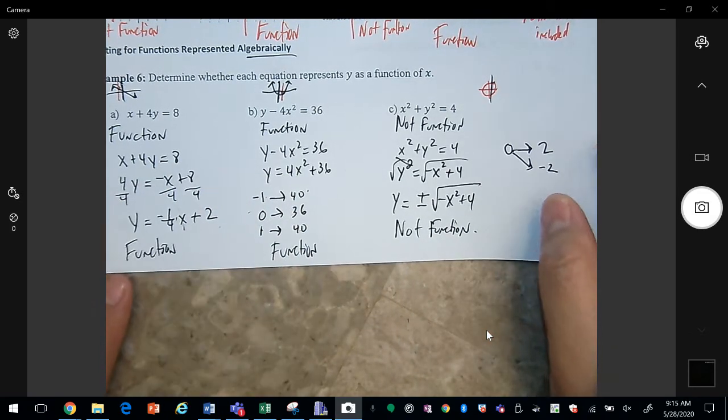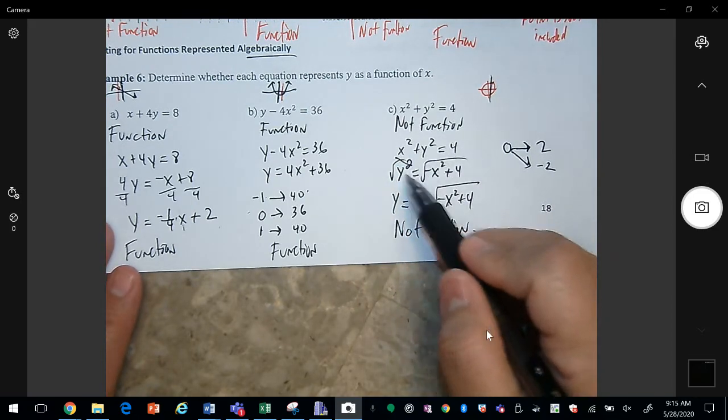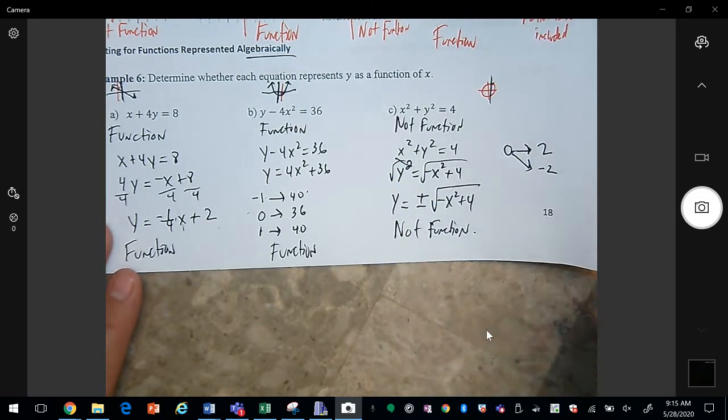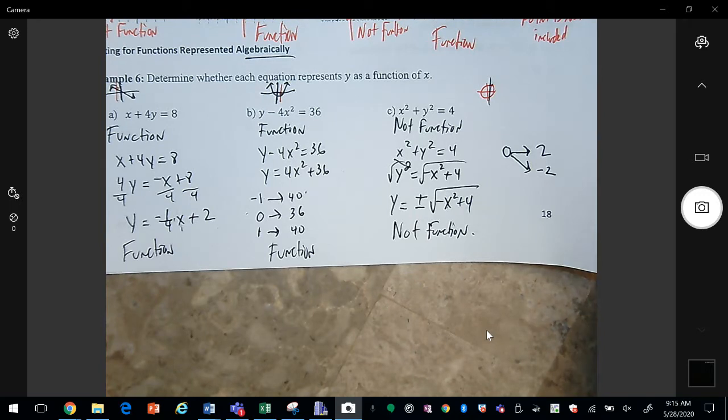So basically, if you have to take the square root to simplify the function, then it's going to be not a function automatically. So anytime that you have to take the square root, then it's not going to be a function. So let's look at